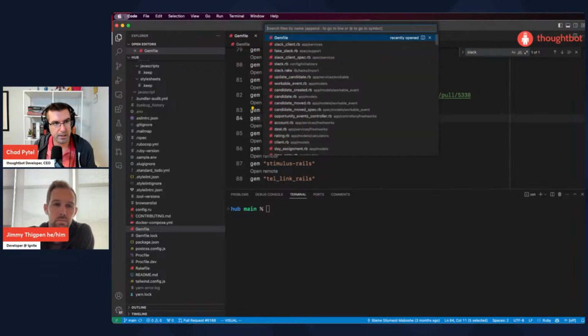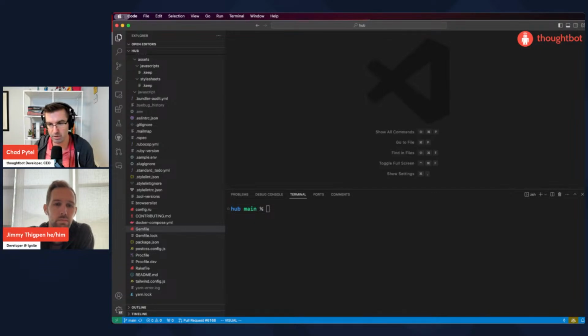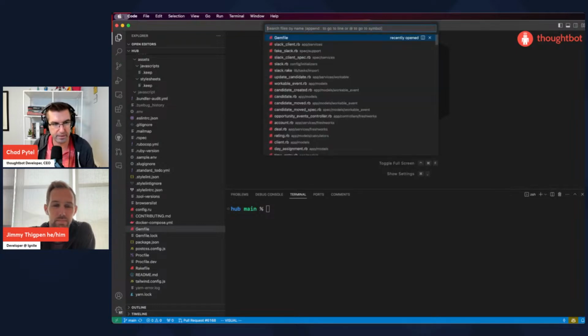But it's usually better to make a lightweight wrapper class around the external gem that you're using to communicate, because then you're not creating a direct dependency on that gem all throughout your application, wherever you're talking, for example, to Slack or another service. I see. So if you need to upgrade the gem or strip it out or change to a different service, say we're not using Slack anymore, we're going to Campfire or something like that, we could change our communication in one place instead of having to go everywhere. So we've done that here.